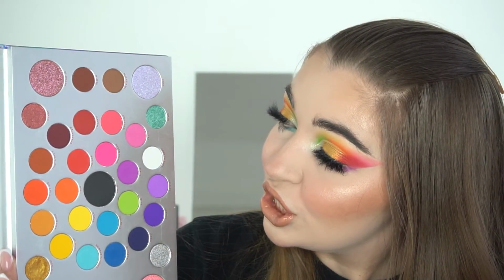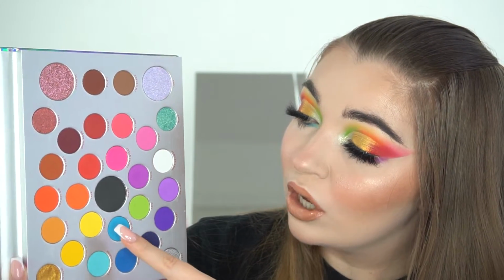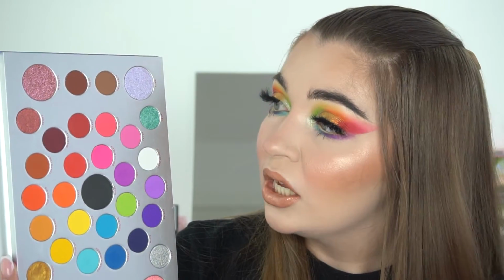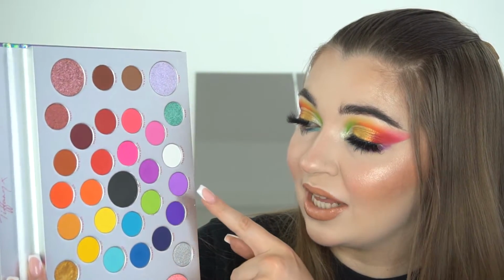I then went into the shade Shock to blend out a little bit of the green and the orange. This again packed on really well, blended out really well. I then went into the shade Why Though to blend out the red. Again, gorgeous, absolutely beautiful. For the lower lash line, of course, I did use the purple, so I used Toxic,